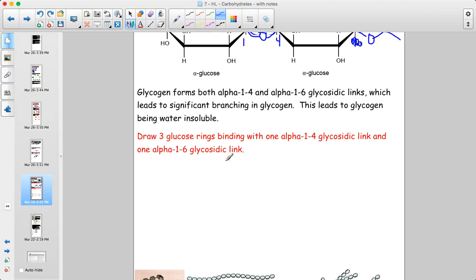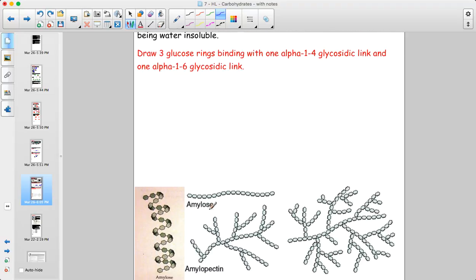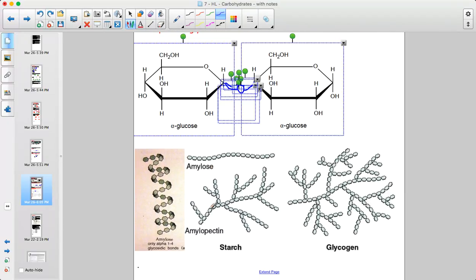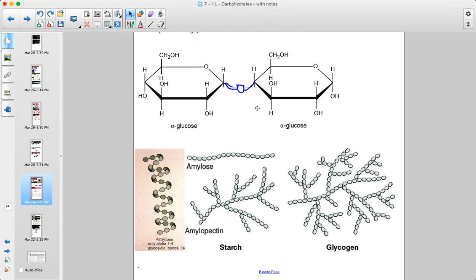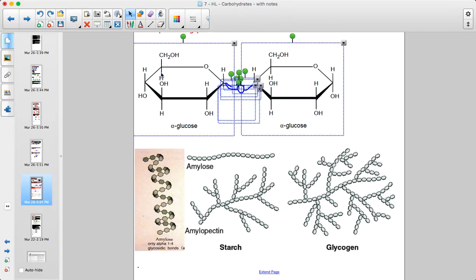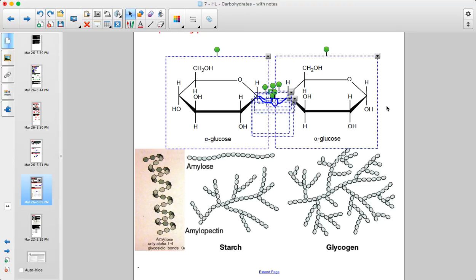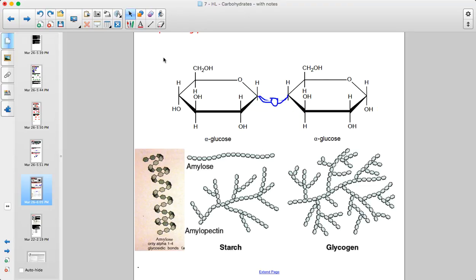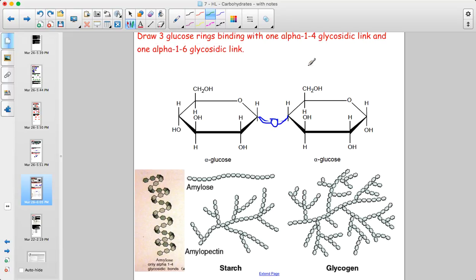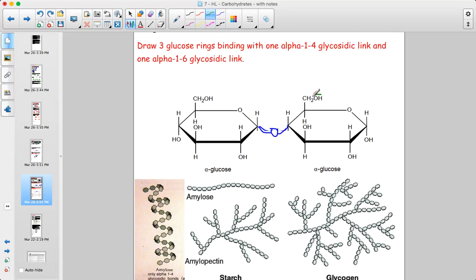In glycogen, you don't just form those 1 to 4 links. In addition to that, the number 6 carbon can also form links. So the number 6 carbon is this carbon up here. And so this carbon can then link to the next one, where this OH can do a condensation reaction with an OH group sticking down from a ring, if this is one of the rings up here,